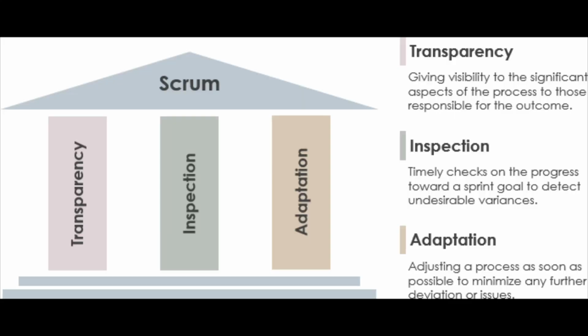Number 5, bypassing retrospectives. As an Agile team, we should be continuously growing. We should be continuously improving ourselves. We should be continuously improving our processes. Scrum is based on empirical process. Empirical process has 3 pillars: